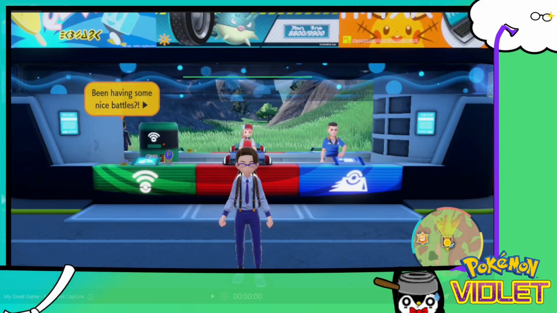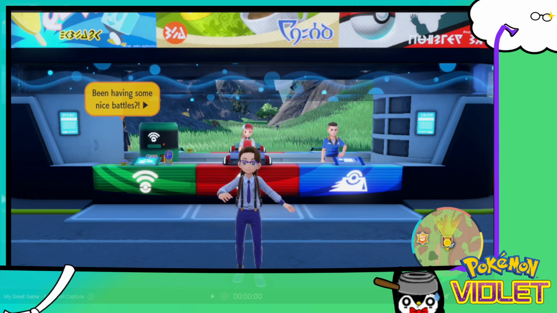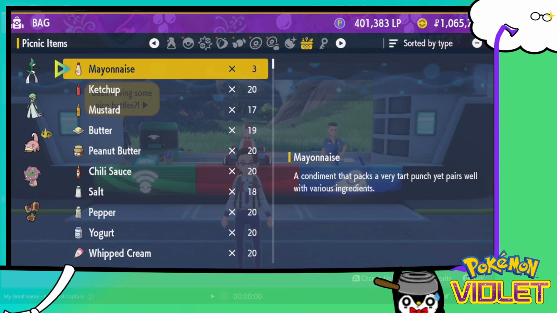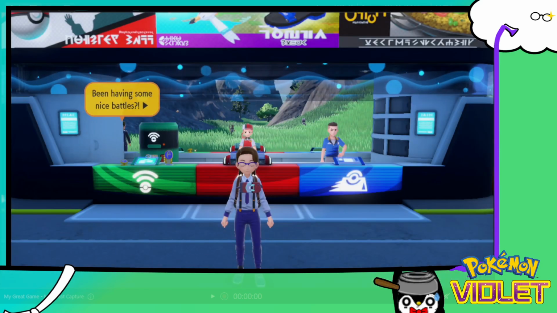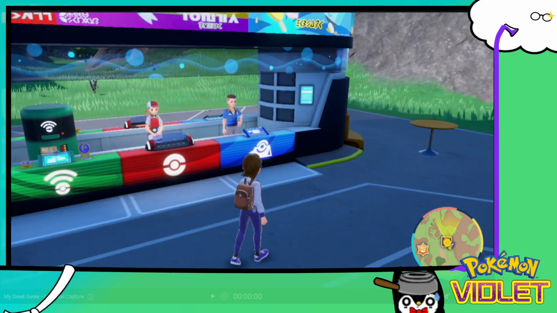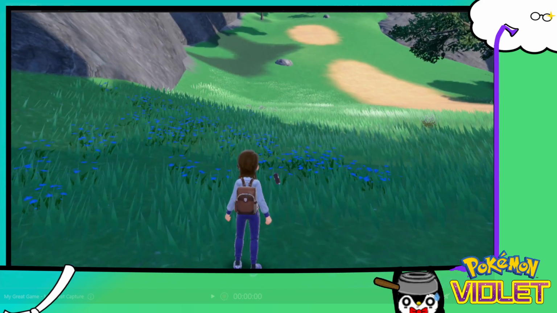So that list of things, you're going to make a steel sandwich instead, which requires a hamburger, a salty herba mystica, and a sweet herba mystica, I think. If I remember correctly, it should be a sweet herba mystica. Yeah. So you'll take a salty and a sweet. So this way is a little bit more accessible if you don't have two salties. However, like I said, making the fighting sandwich with the pickle and two salty herba mysticas is way better than doing this because